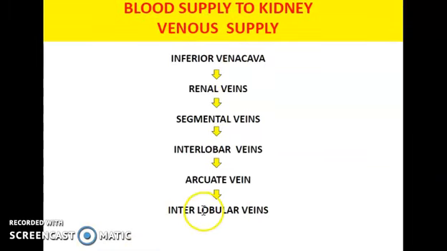Similarly, the venous drainage will be in the reverse direction: from the interlobular vein to the arcuate vein, to the interlobar vein, to the segmental vein, then the renal veins, and from the renal veins it drains into the inferior vena cava. The connection between the arterial supply and the venous drainage is, after the interlobular artery, it divides